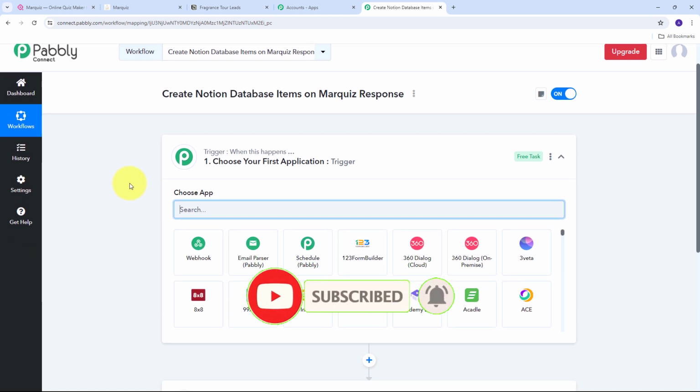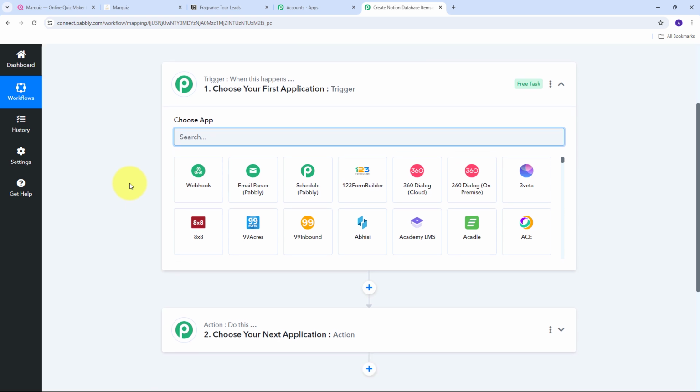And this will take us to this most important window of our workflow. Here we have two boxes, trigger and action. So these are the two main principles on which our workflow works. Trigger says when this happens, action says do this. So trigger is going to be the first step that will get executed in our workflow, and action will just follow that. So we need to set up our trigger first,